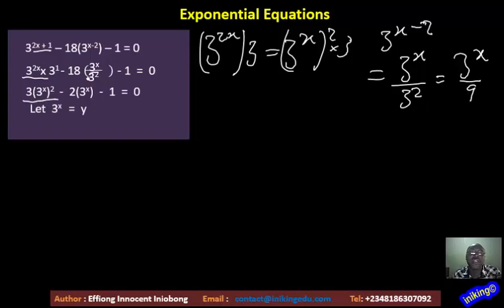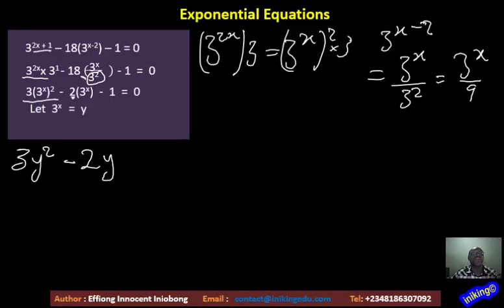So that 9, that's the 9 there, cancelled our 18 and gave us 2. So we have 2 times 3 raised to the power x. Now let's replace 3 raised to the power x with something, say y, to simplify our expression. So we now have, in place of 3 raised to the power x, y squared